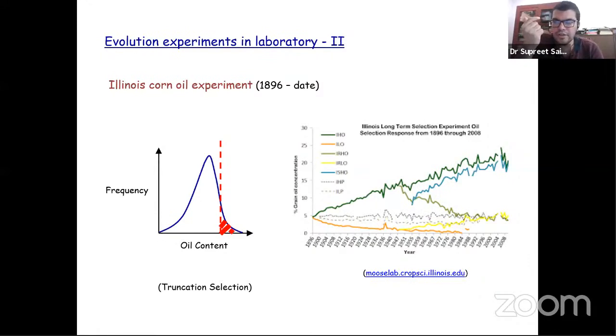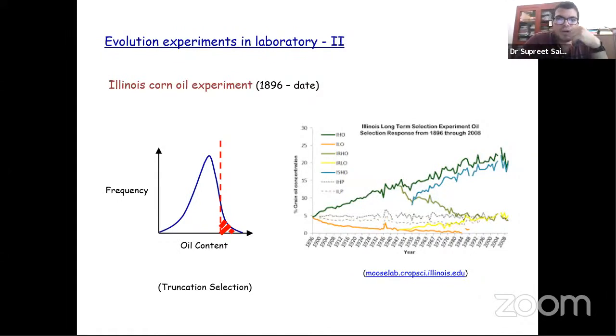Conventional understanding of an evolutionary process would be that oil content would only increase when there is a new mutation that comes up, and that mutation leads to increase in oil production, and hence it spreads in the population. But that's not what we see. If that was the case, we would wait and see no increase in oil production, and then there would be a step increase, and then it will flatten out, and wait for the next beneficial mutation which leads to increase in oil production to come up. But that's not how it proceeds. Evolution proceeds in terms of increase in oil percentage in a continuous fashion, in a linear fashion.